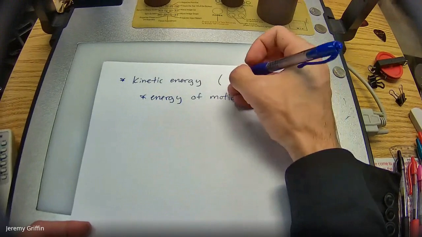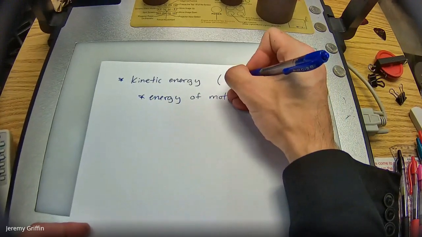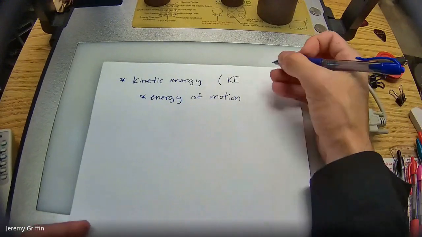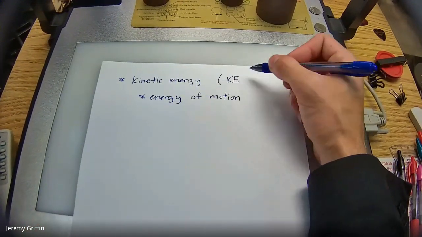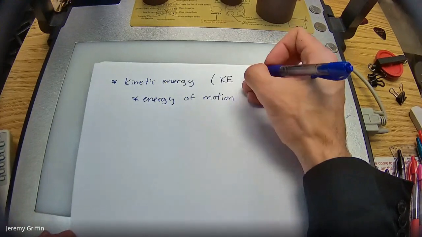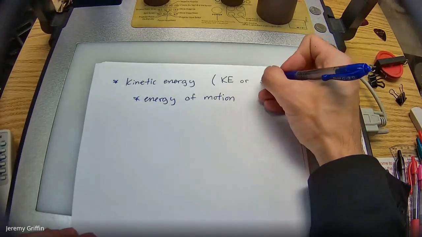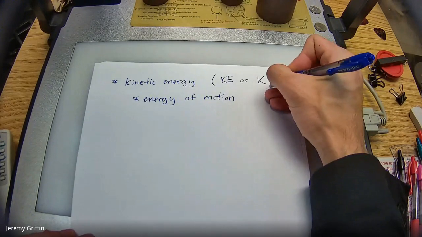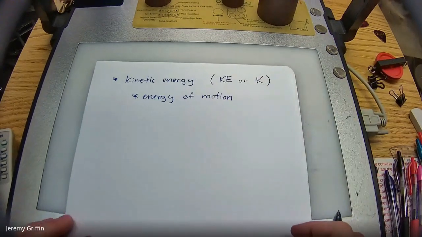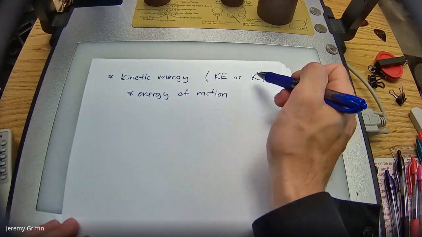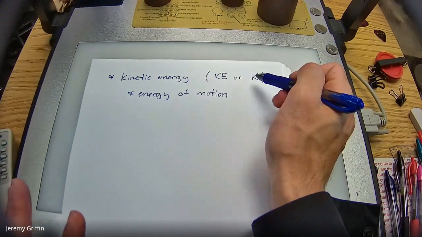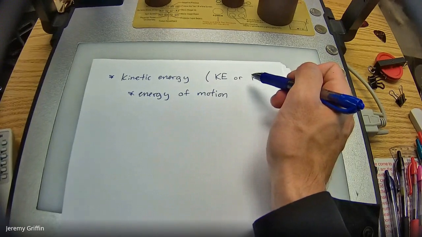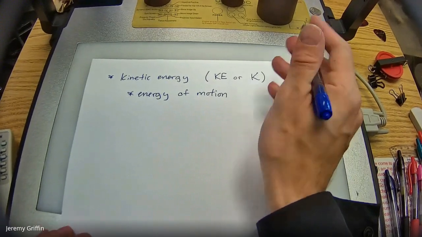What's the character for this? If you see some old materials or other books, you might see KE, which I like because it's intuitive, KE, kinetic energy. But again, same problem as before: it looks like two things multiplied together, even though it doesn't. Okay. So AP just uses a capital K, and I've been switching over and using that too, depending on how old my materials are. Now, when you guys draw capital K, make sure that you can distinguish that from lowercase k. So capital K is kinetic energy, lowercase k refers to spring constant most of the time. Okay, so different things. Careful about that.